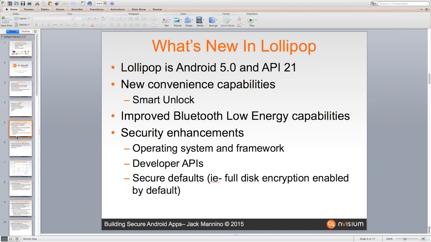So what's new in Lollipop? You'll hear Lollipop called either Android 5, or you'll hear it especially when you're looking at the SDK and different developer documentation as API 21. So there's quite a bit that's changed in Lollipop. A lot of lower level things, as well as higher level APIs and functionality that you can actually call in your applications. One of the big new things that's being touted and advertised quite a bit, and it's pretty cool,